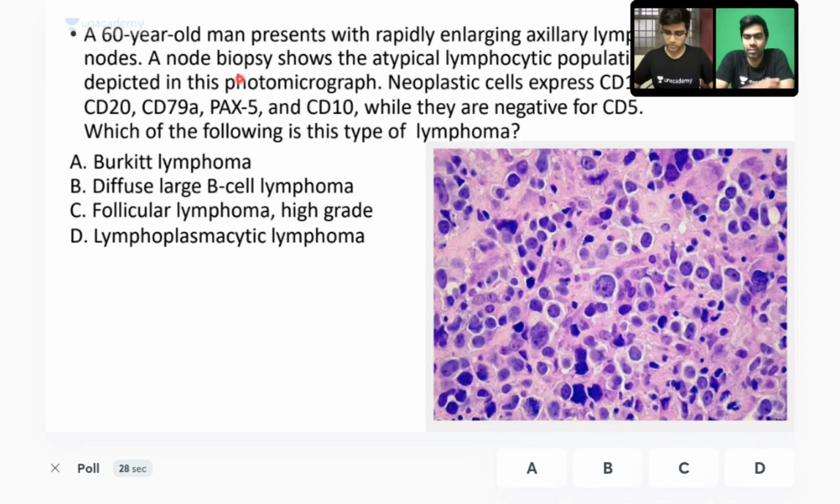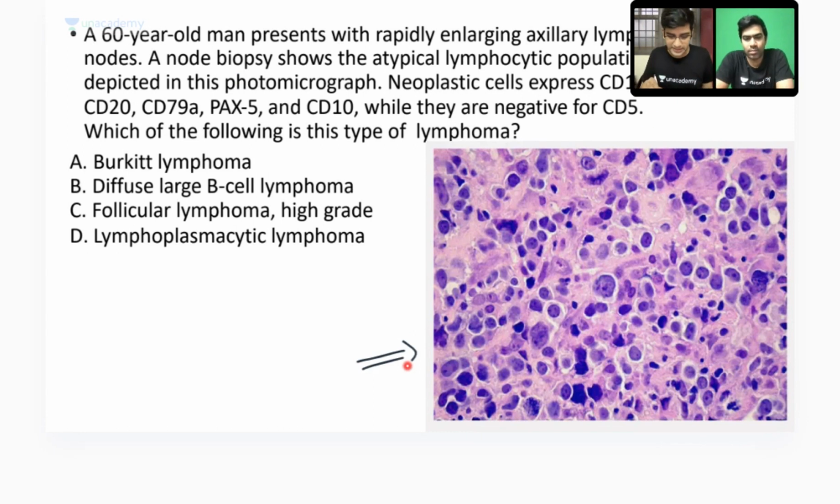Fine. I'll end the poll. 30 seconds, I think, should be good enough. Okay, so this is definitely a lymphoma. You have the image and you have the CD markers, everything lined up for you guys. First, we'll look at the image soon. I want to look at the CD markers and decipher if you can rule out a few things based on the